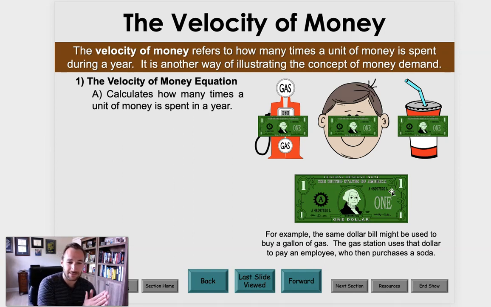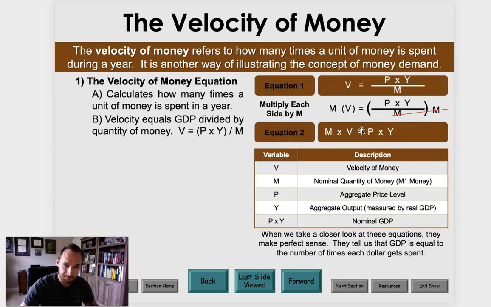It's this crazy concept that you can take a given dollar bill and track how many times it changes hands, or how many purchases it has been through in a given year. Velocity, literally the speed at which it turns over. In this example, let's say a dollar bill is spent on gas, and then the gas station uses that to pay its employee, who turns around and spends it somewhere else. You could say the velocity of that money is 3. It is turned over 3 times.